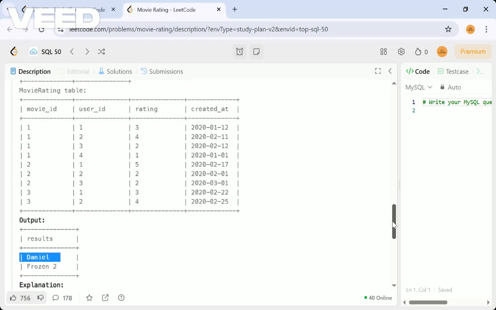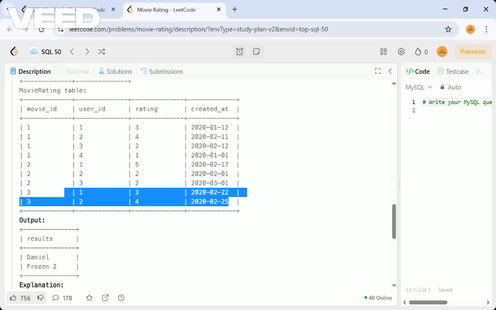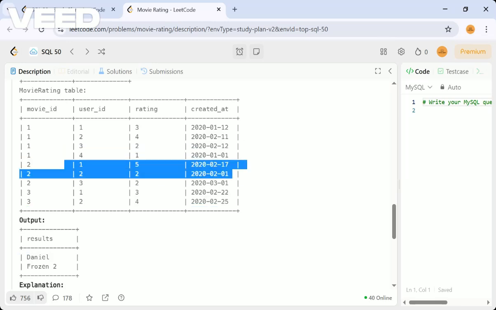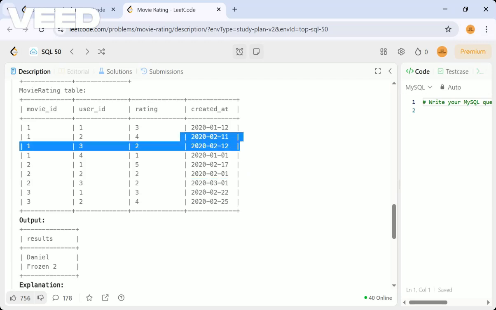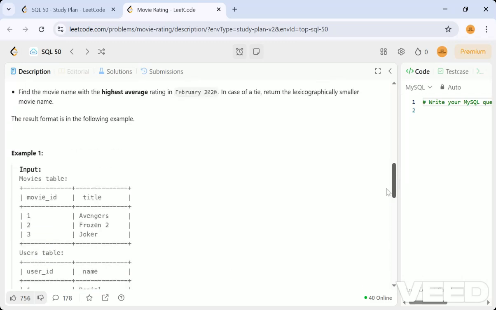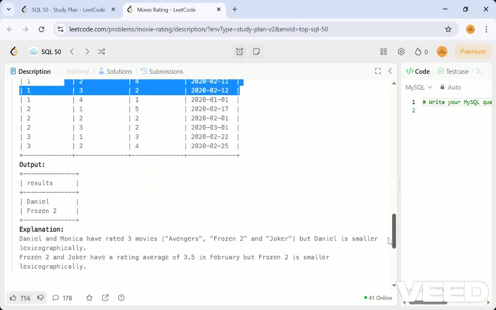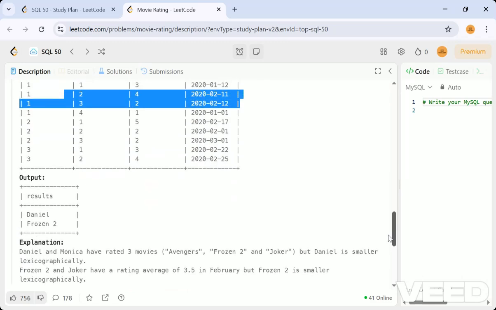So which are the movies in February? These two movies, like one and two. These two movies, again one and two and three. So the second movie, Frozen 2, and Joker have 3.5 rating.